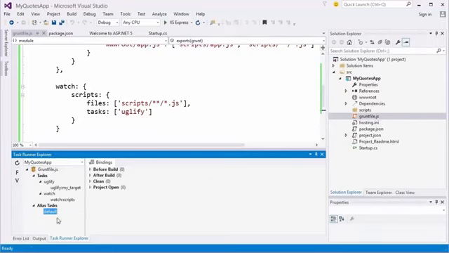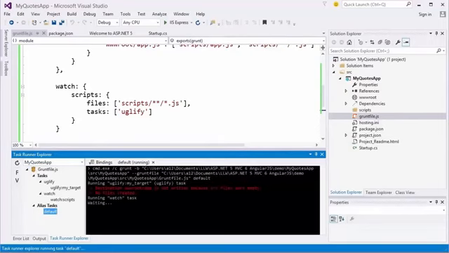Now you can see the output, and right now the result is that nothing has been written to our www root app.js, and we expect that because we don't have any scripts in our script files to minify and then create that app.js out of. But now we can be sure that Grunt has been installed, has been configured, and is now watching that scripts